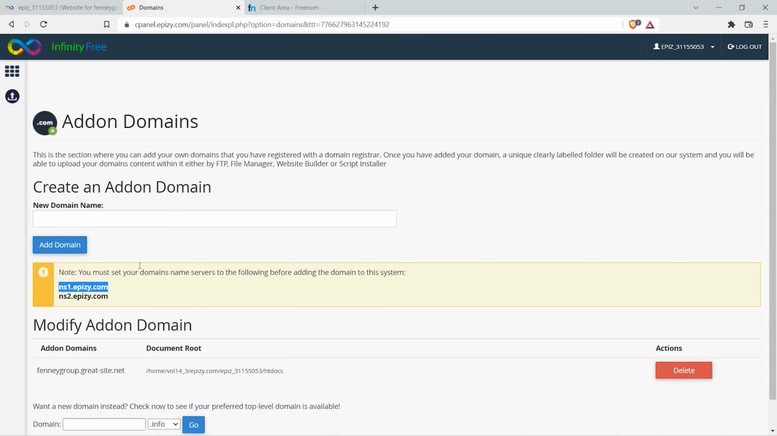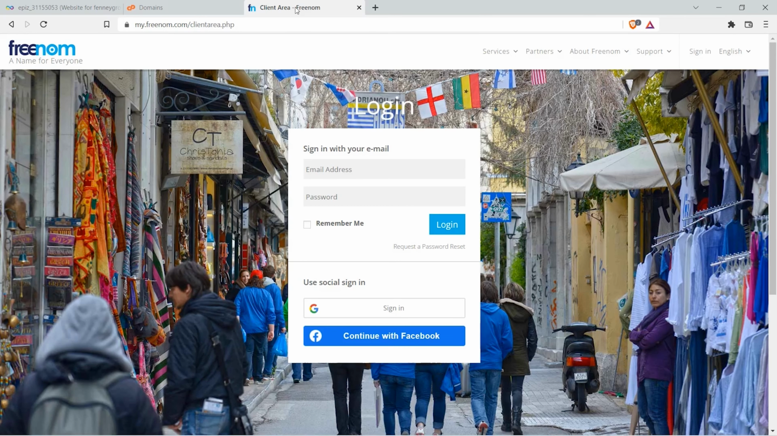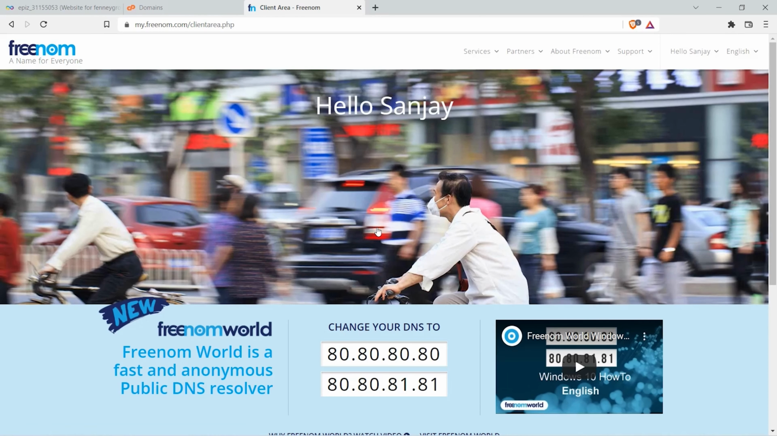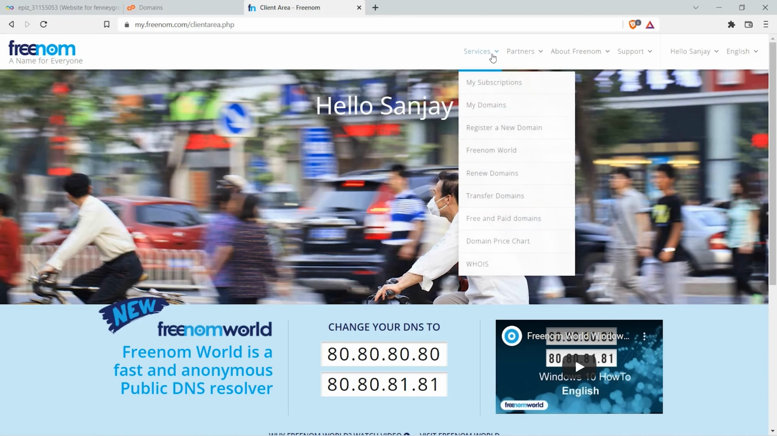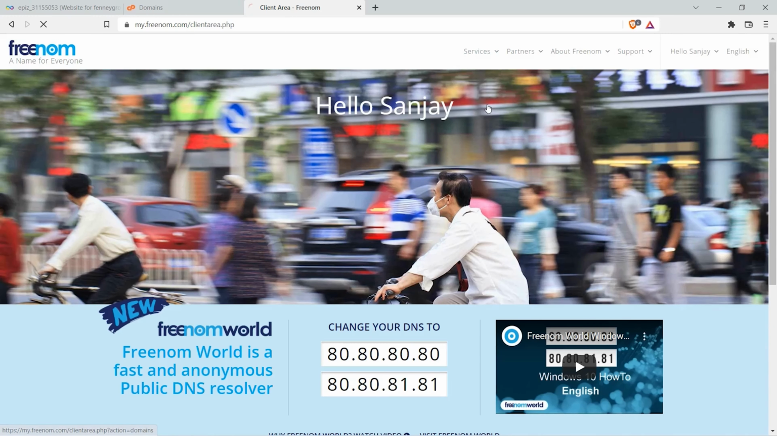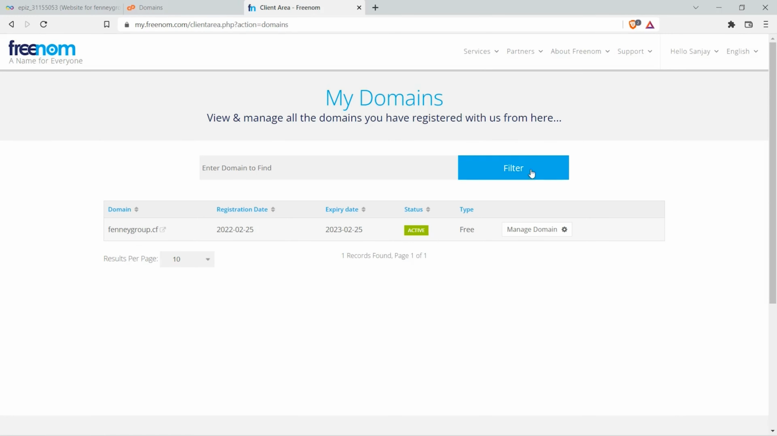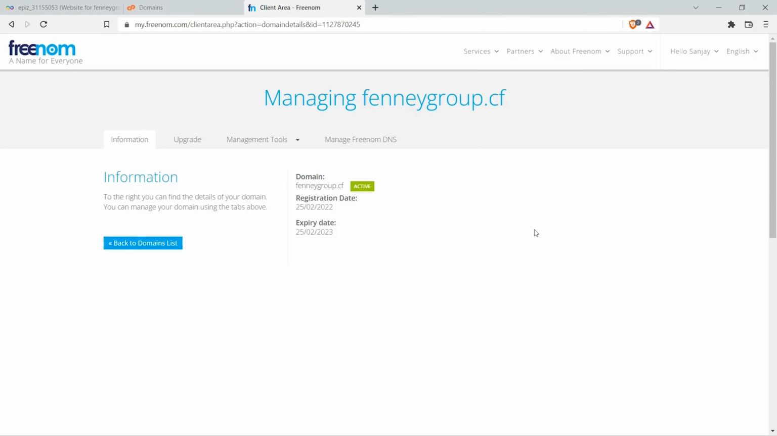Now go to Freenom. Okay, we can log in using our email ID and click on services. Under that, my domains. Select manage domain. Click on management tools. Under that, name servers,